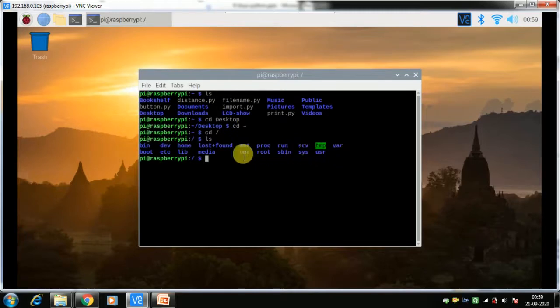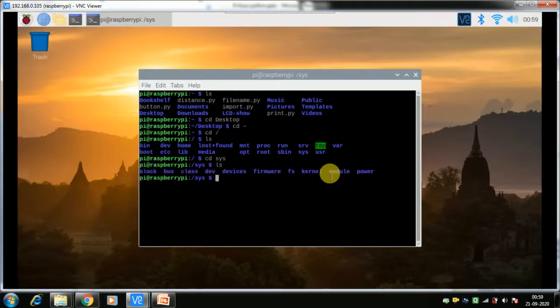Say we want to look at sys, you just type cd sys. So this is one way to get into sys. What is inside sys? The sys folder includes all the hardware things, like firmware, and if you want to control pins, you need to get into sys. When I type cd desktop or cd sys, I am giving a relative position, so from my current directory, go into this.